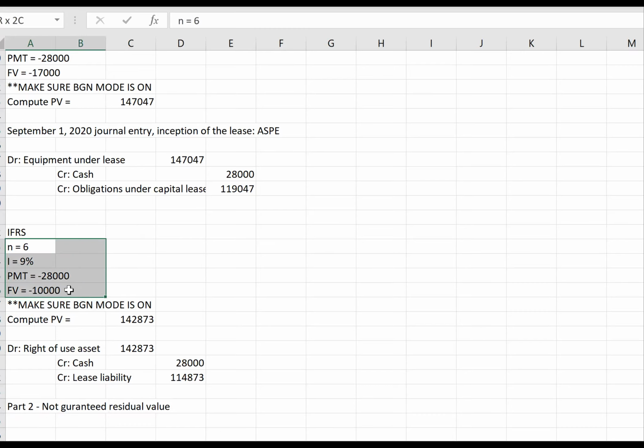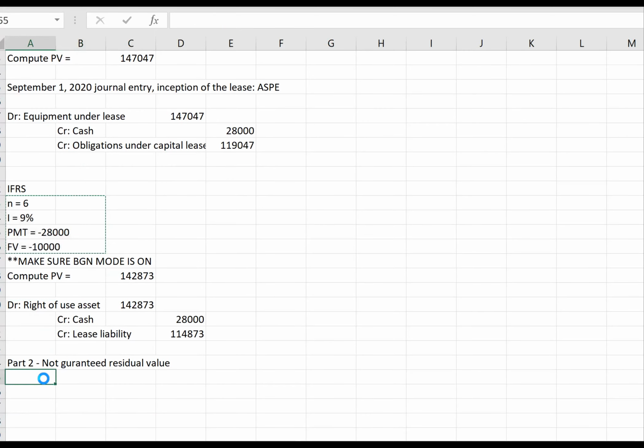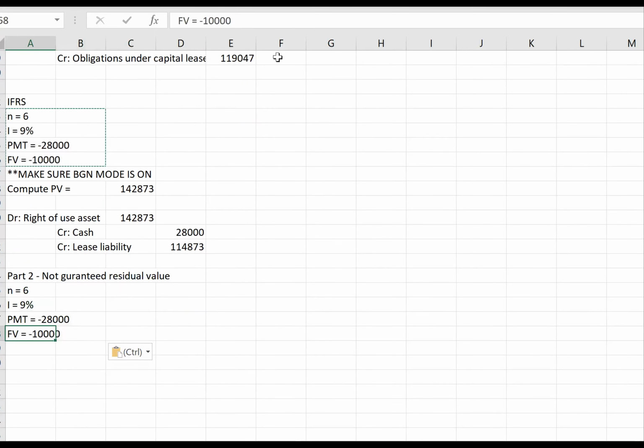So if we take these same inputs, then the only thing we're going to change is that now we're not guaranteeing a residual value. So our future value is 0. We are not obligated to pay anything. So still a 6-year lease term, still 9% interest. The payment is still $28,000 a year. And of course, we still have begin mode on, always begin mode on. Then when we compute our present value, we are going to get